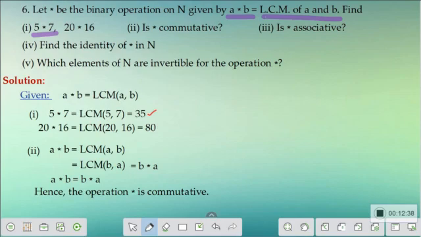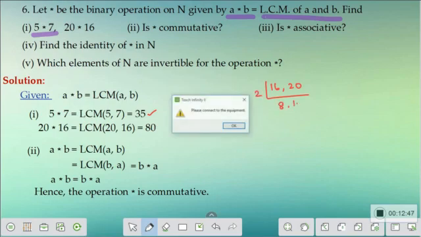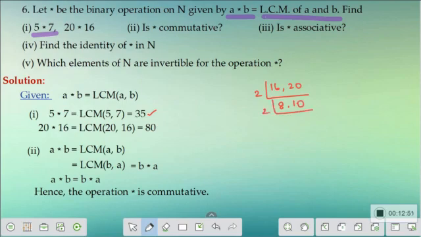We can even calculate this LCM. I'll do it like this: 16 comma 20. This is how I normally work it out. We'll go for 2: 8, 10. Again I'll go for 2, which gives me 4 and 5. Again 2, 2 and 5. Again 2, 1 and 5.